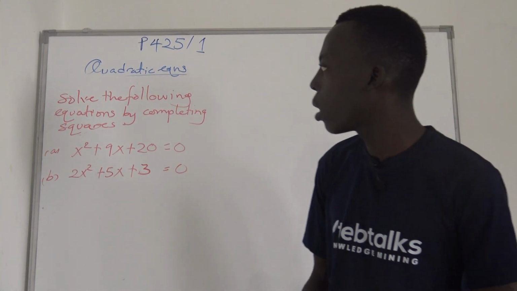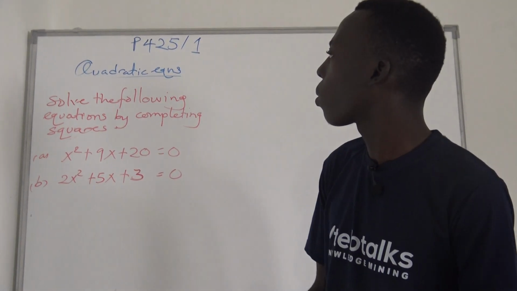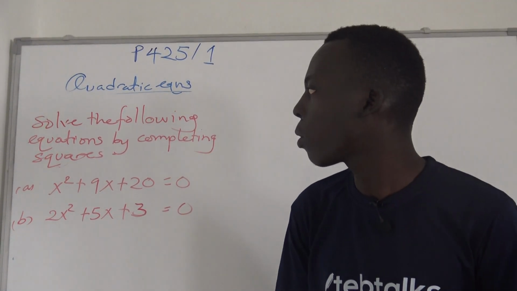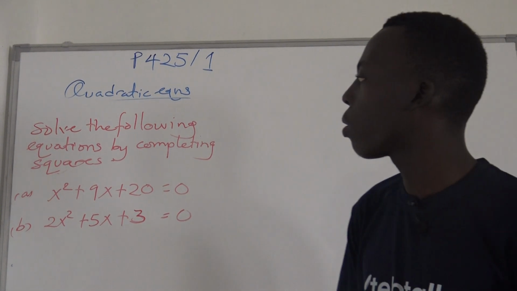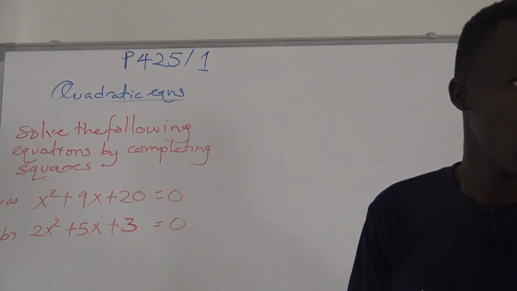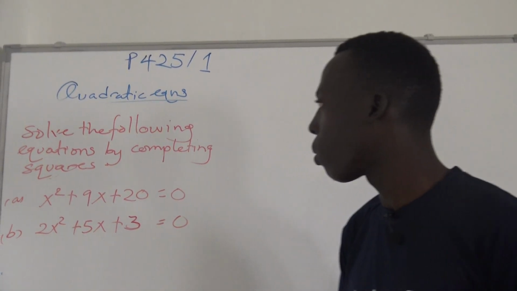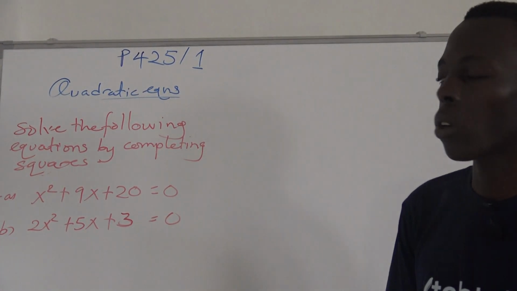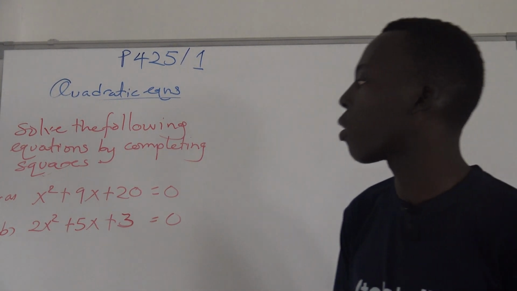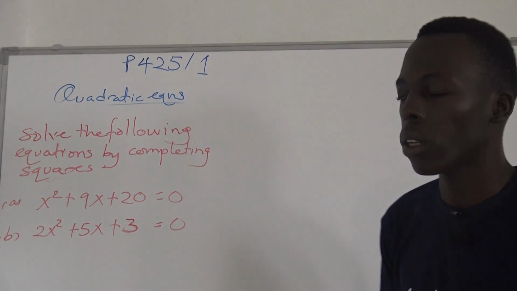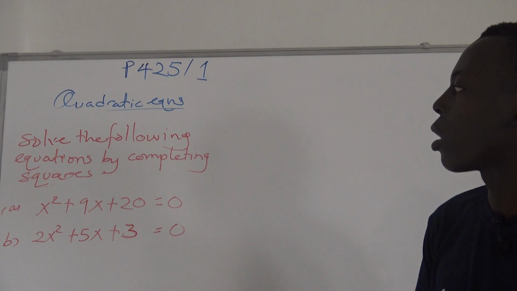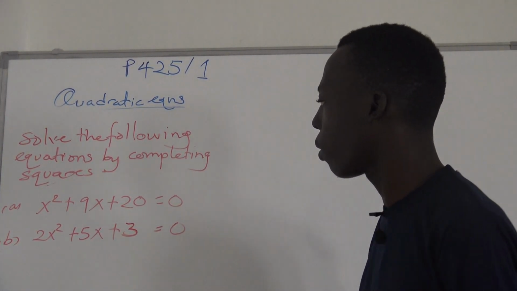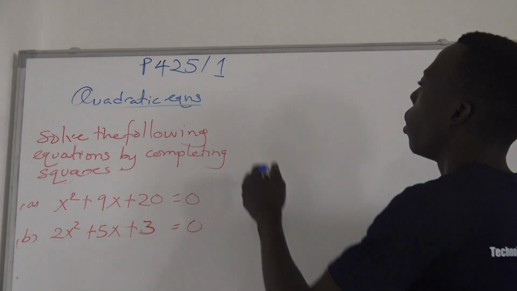We are back to our discussion about solving quadratic equations. Here we are going to use completing the square. We saw how the derivation of completing the square went. So we are going to begin now with examples dealing with solving equations using completing the square. Now for that case, we said that